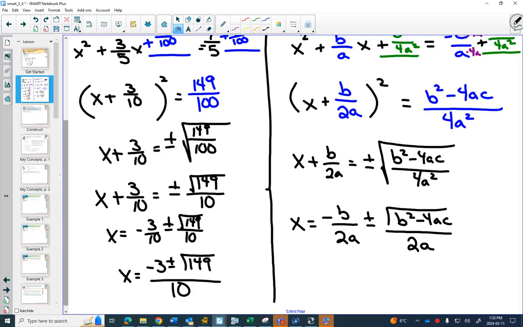We're just going to leave it as a. You see, I have a common denominator, so I can put my fractions together over my common denominator and have negative b plus or minus the square root of b squared minus 4ac. And this